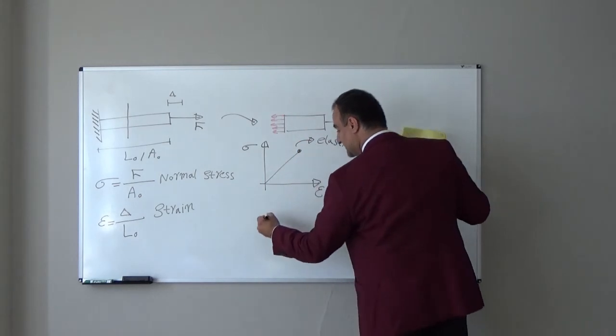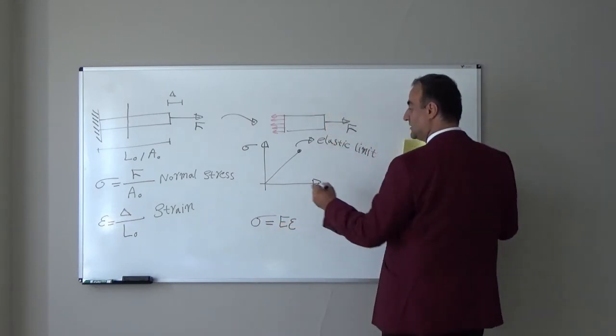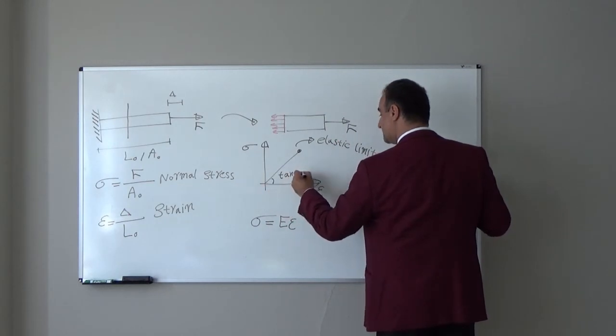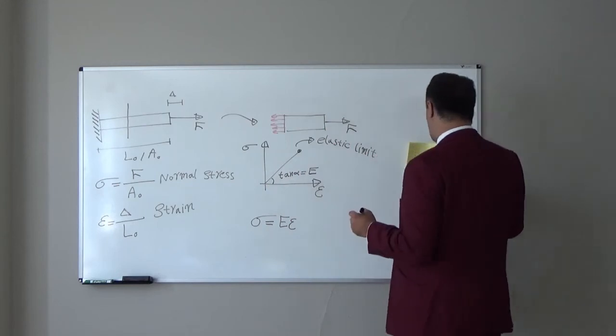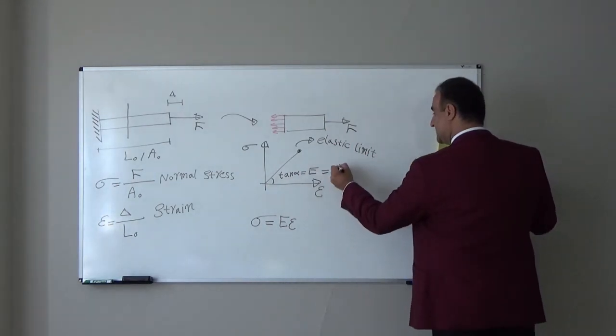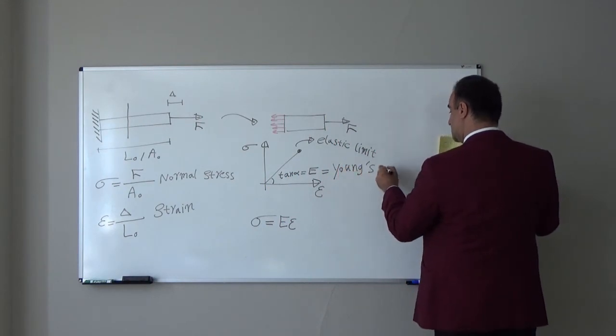In this region, Hooke's law is valid and sigma is equal to E times epsilon. Here, this angle is alpha, tangent alpha is equal to Young modulus, and we call this E, Young's modulus,